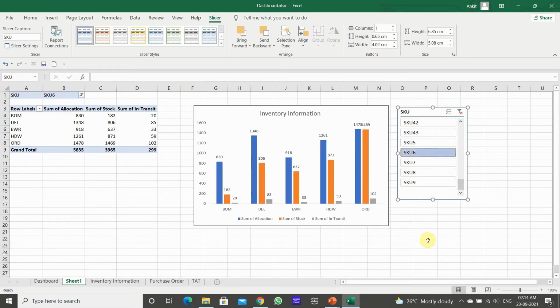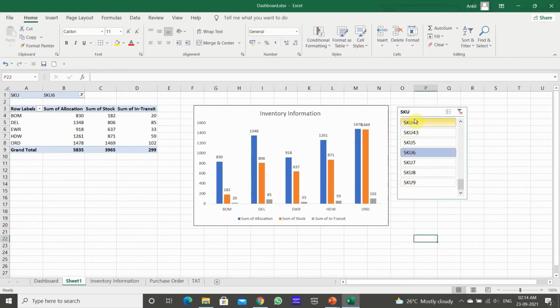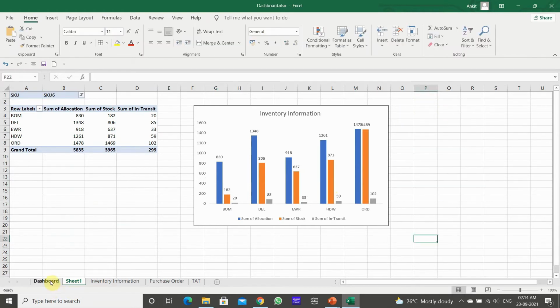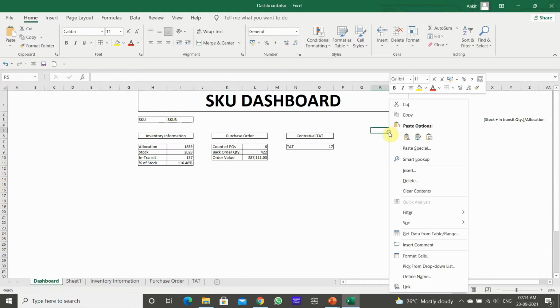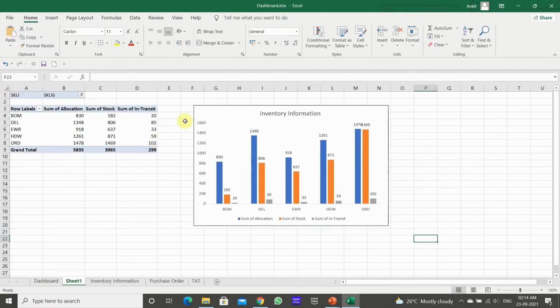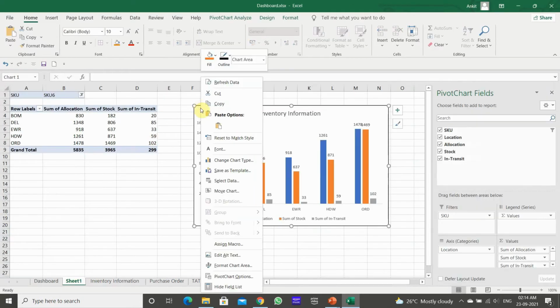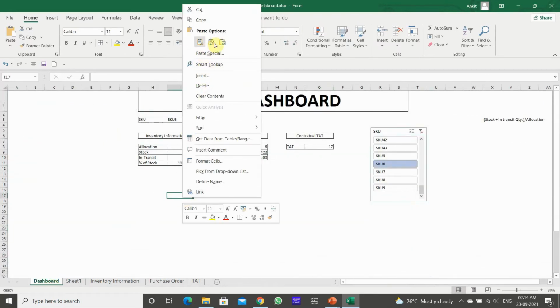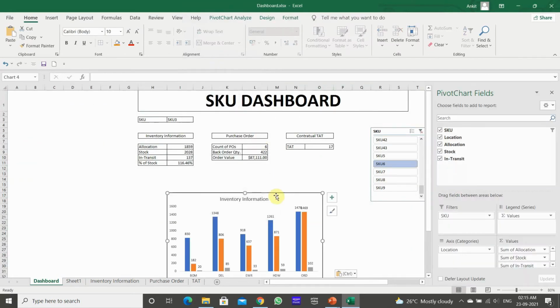Now I will just cut this information and go to the dashboard and paste here. I will then go back to Sheet1 and cut this information and paste here.